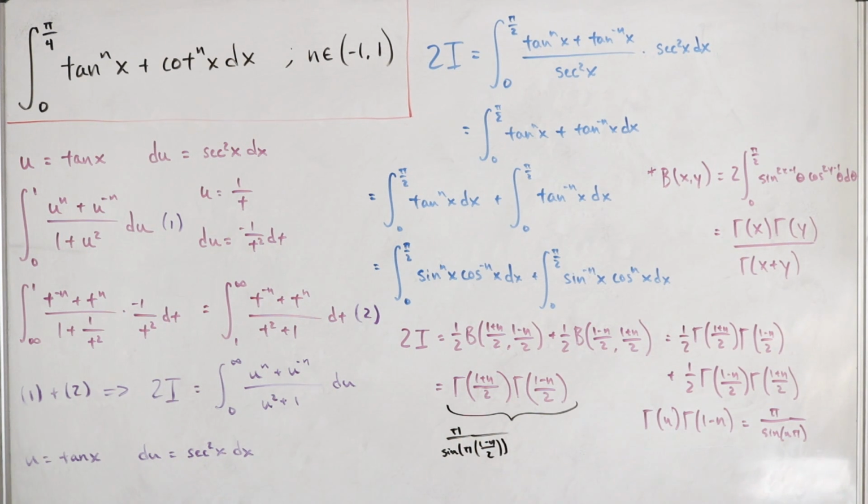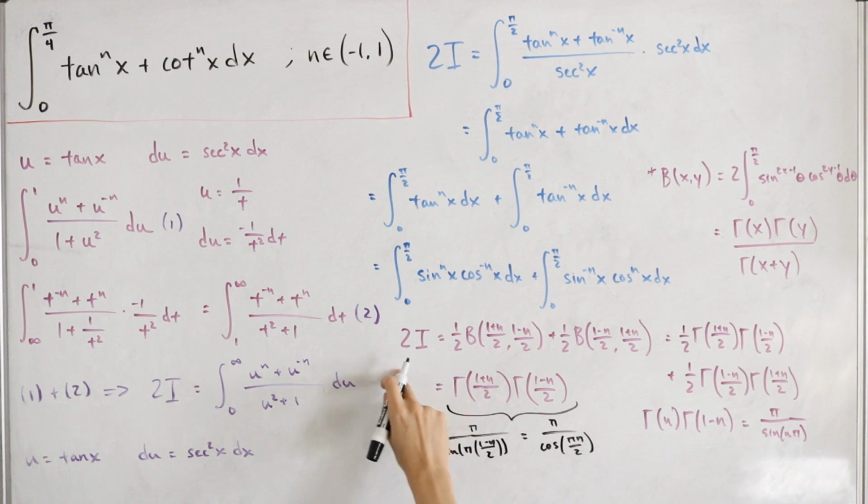And then you can see from the sine of pi, distribute the pi into there, so I have a pi half and then minus pi times n divided by 2. You can use that phase shift of pi over 2 to rewrite this as the same thing as pi divided by cosine of pi times n divided by 2. So that means this is equal to 2I, and therefore if I divide by 2 on both sides,